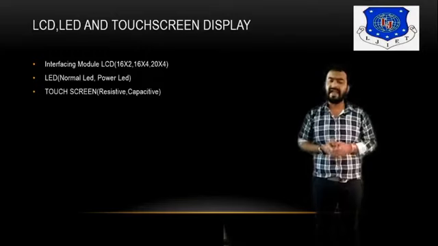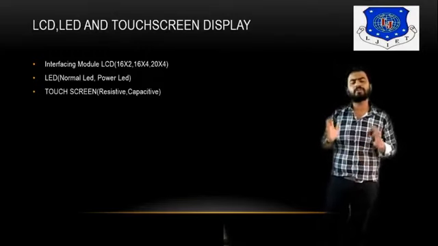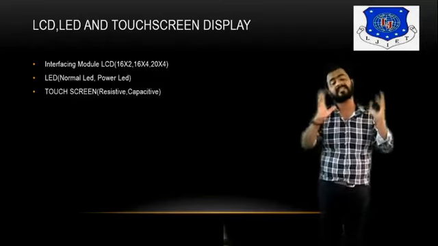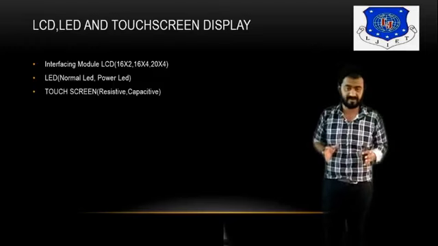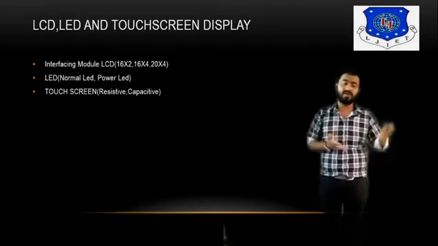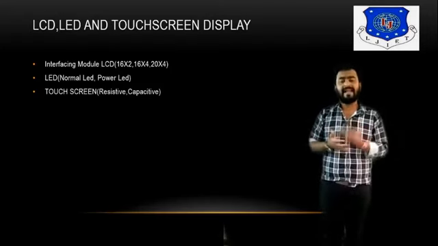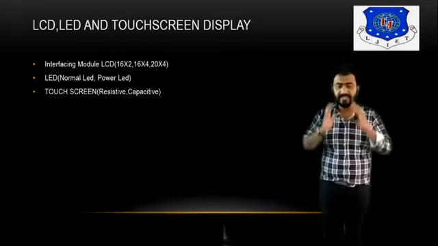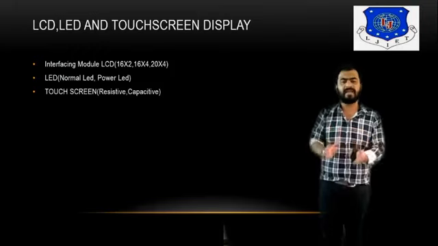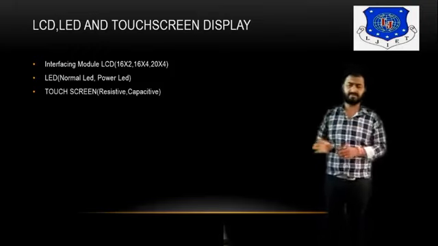LCD, LED, touchscreen, and display. Basically LCD, LED and the display are used to visualize your output, which is going on inside the microcontroller, and what exactly the task is currently performing inside the microcontroller, right? So first of all, you should know very well which task is really going on. Here we use LCD, LED and touchscreen modules from the interfacing point of view. You can interface any type of LCD and any type of specific sensors with the microcontroller.